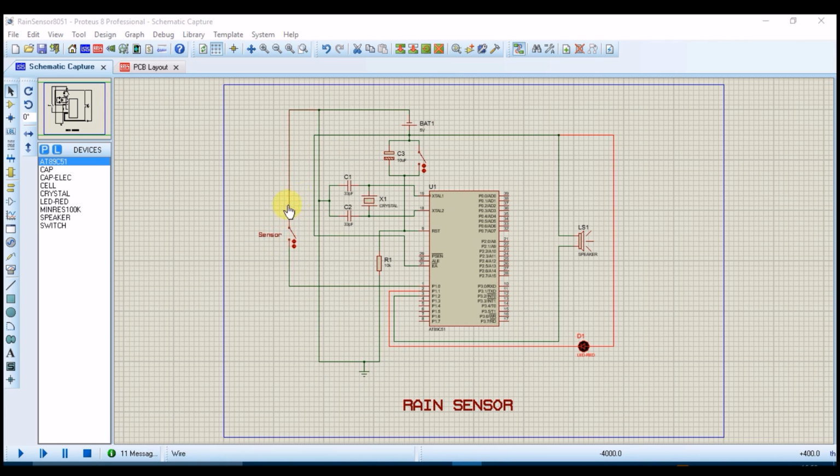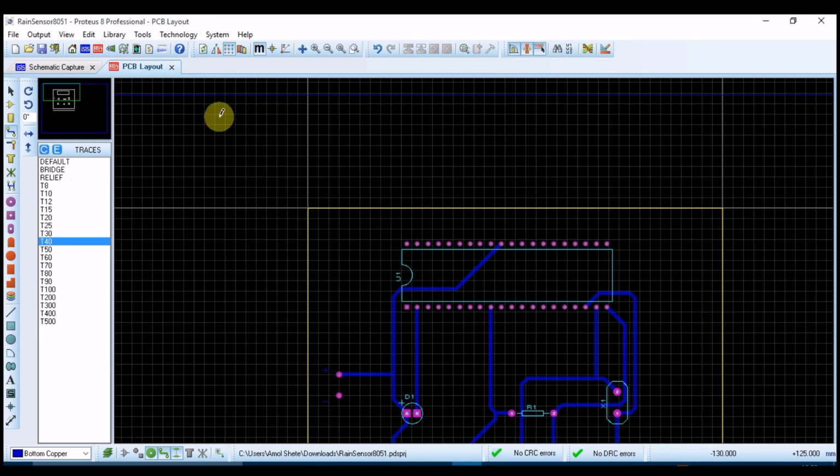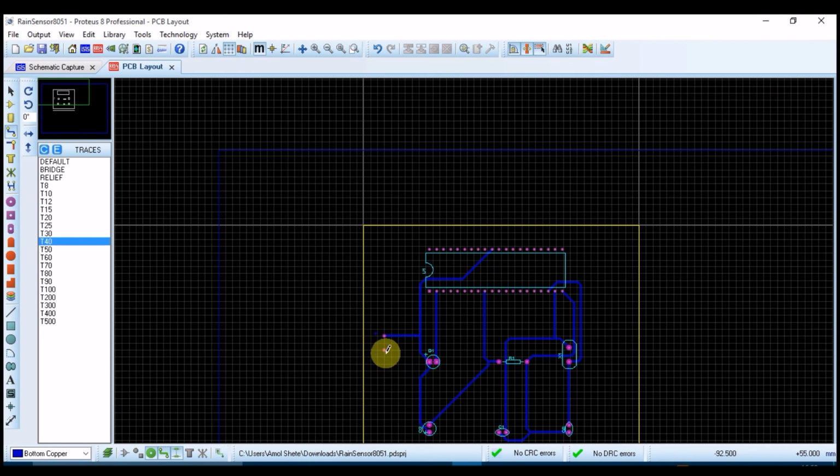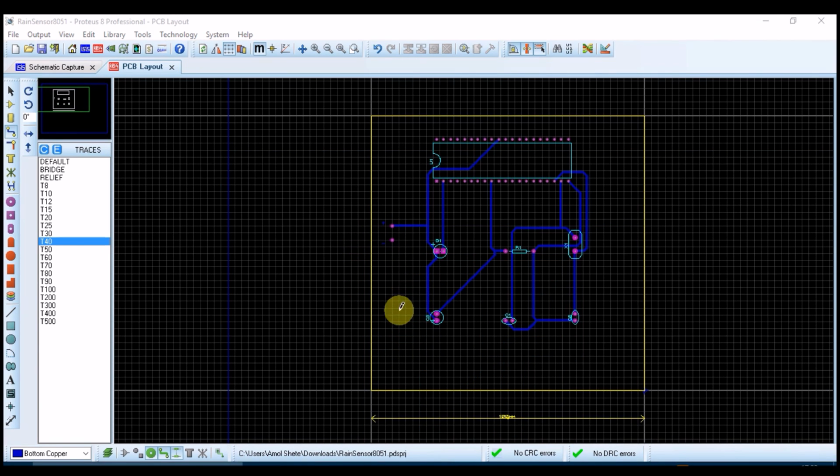Again the sensor is not present here, so another wire will come here and ground will be connected to that one. So that's it. Ahead I need to drag two more holes for sensor purpose, and that will be a little complicated thing. Right now I'm just showing this much, and after manually editing and after printing, the circuit will look like this.